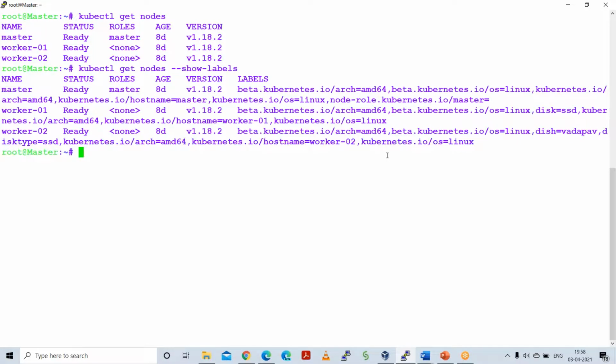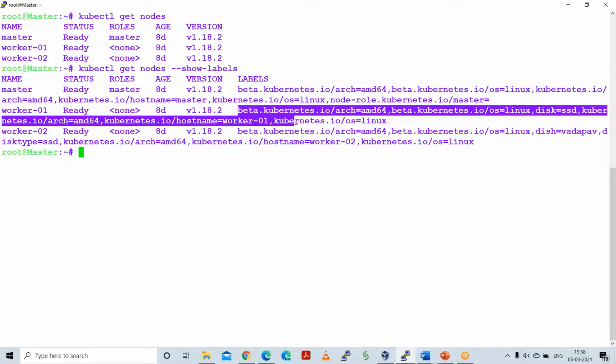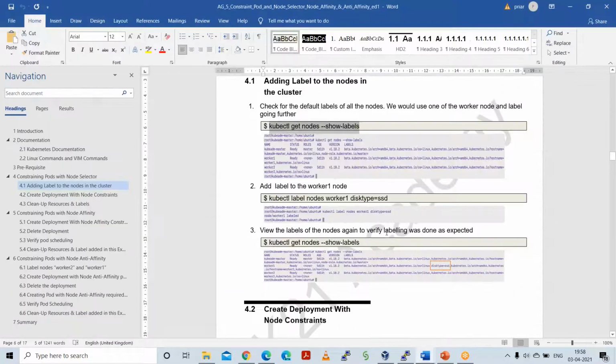Okay, so it shows kubectl get nodes --show-labels. So you see what labels are available. These are the well-known labels, and we don't have any additional labels applied to this one, right, guys? Okay, now,